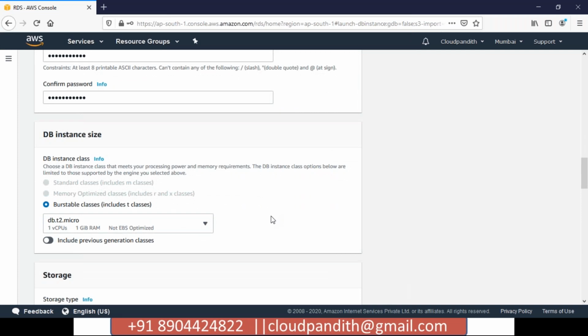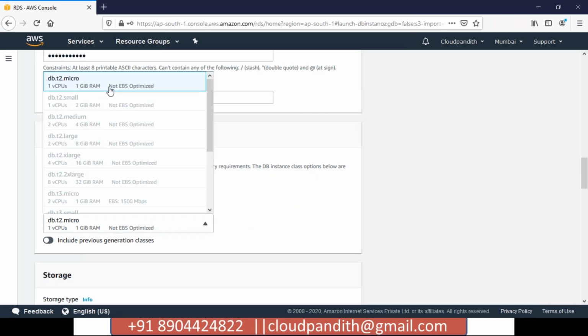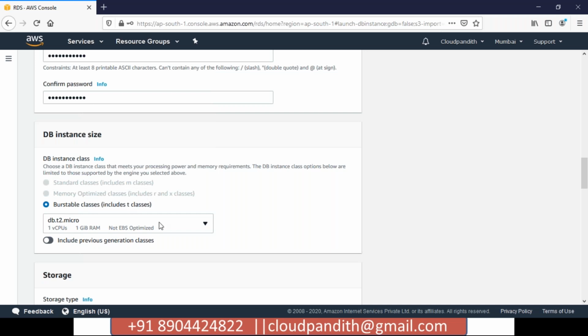Next, as we are under free tier subscription, only this particular class is eligible. Suppose if you select the test/dev or production options, then all these classes are going to be available. What is the difference between all these classes? You can see here under micro you have 1 CPU and 1 GB memory, but if you come here to T2 you have 1 CPU and 2 GB memory. Here 2 CPU and 4 GB memory. So as the class increases, if you select a bigger class, then you will get more computational power, memory, CPUs, all those things. But as we are under free tier subscription, you need to go with only this one, because this is the class which they are providing for free.